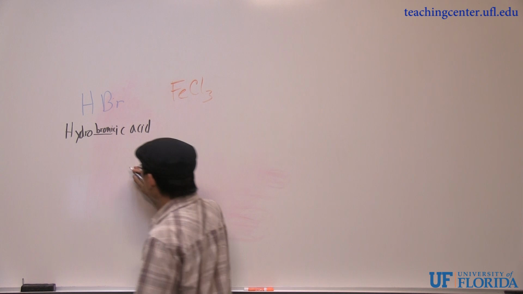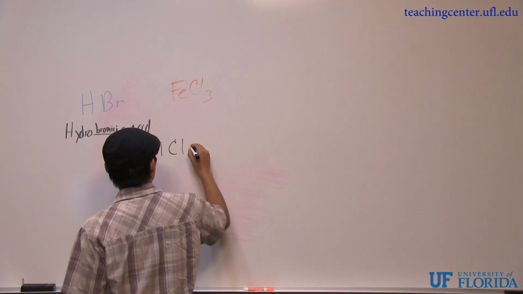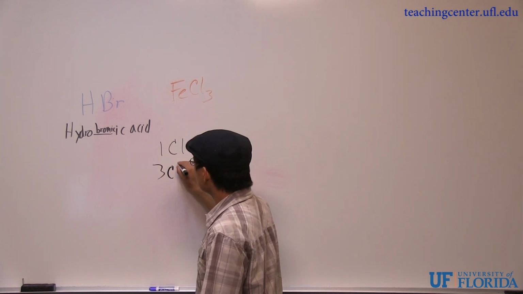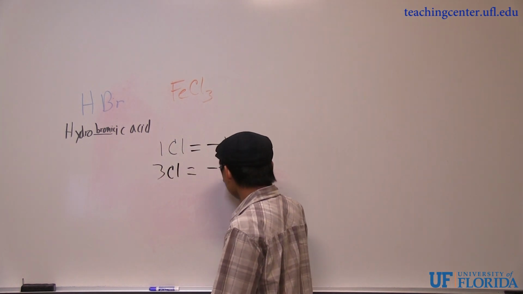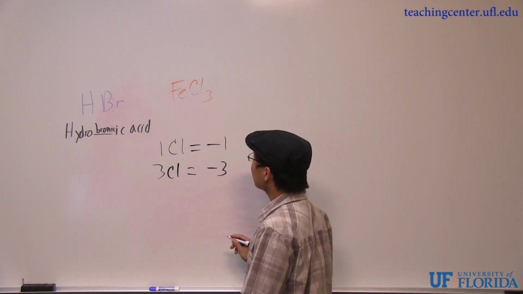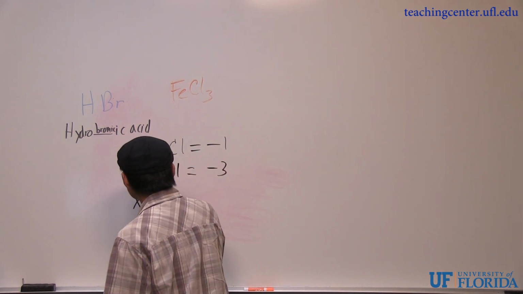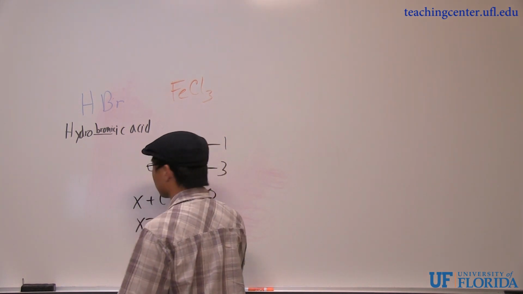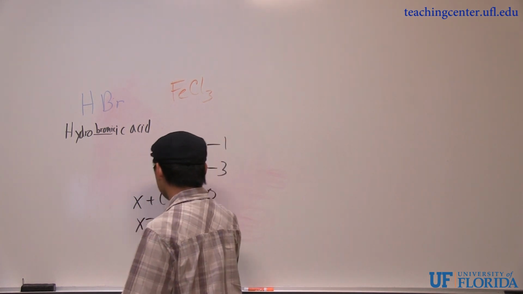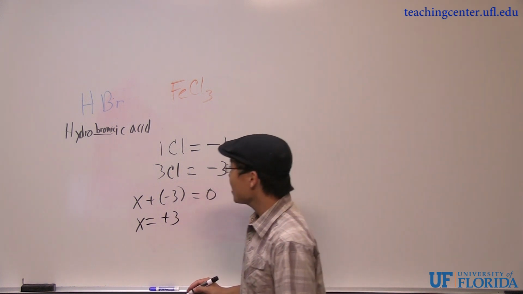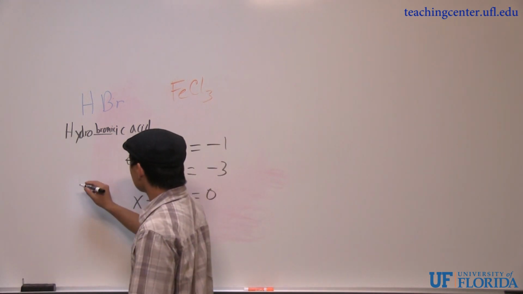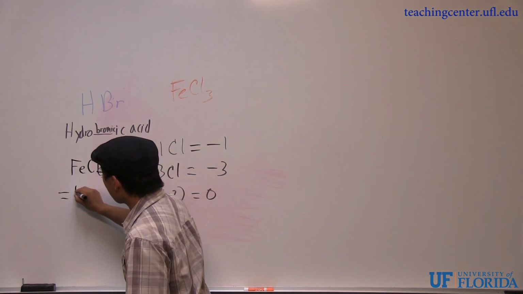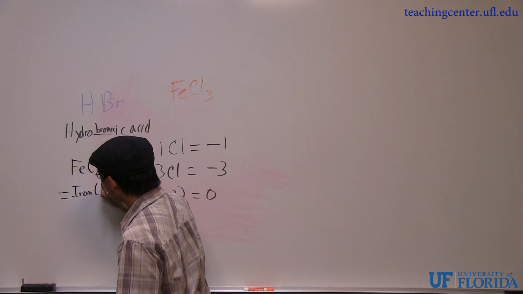So we know that 1 chloride equals a -1 charge. But we have 3 chlorides, so that means we have a -3 charge. And finally, guys, we know that x plus a -3 must equal 0. So x, which equals the charge of iron, equals +3. So with this information in mind, guys, we now can say that FeCl3 equals iron(III)